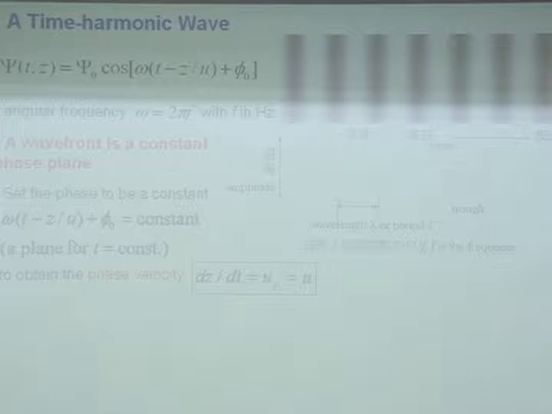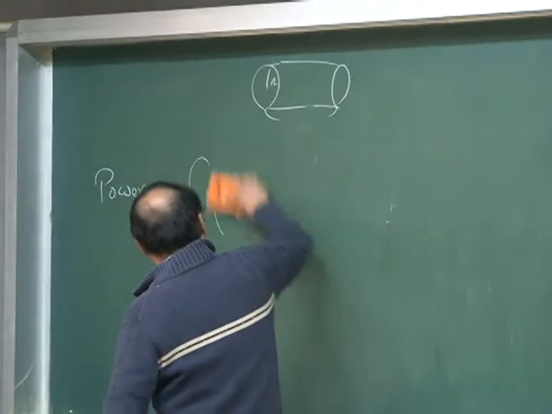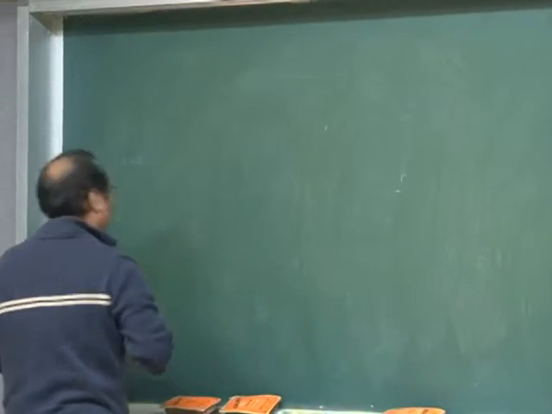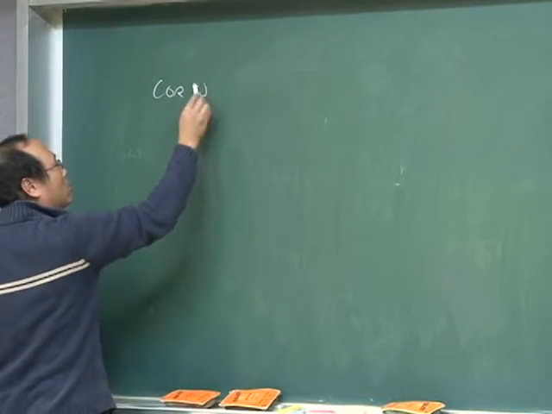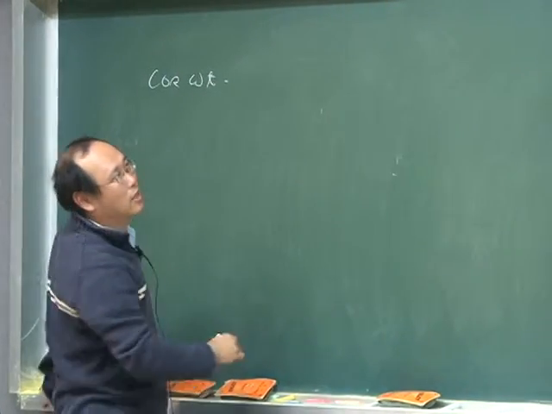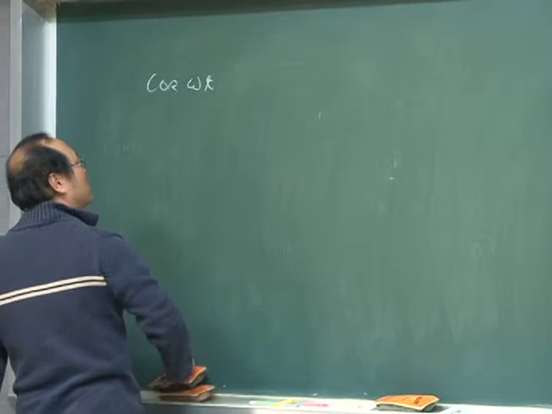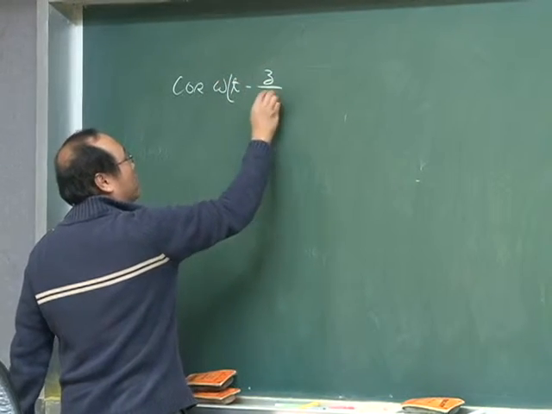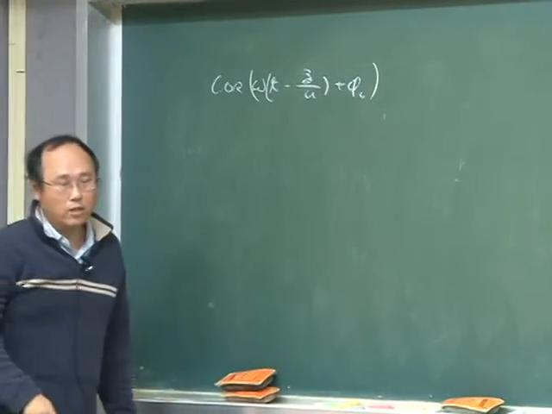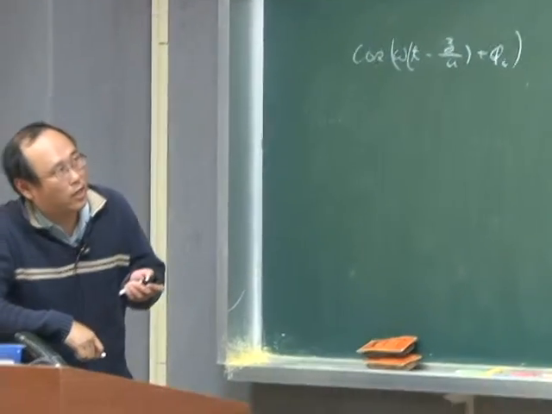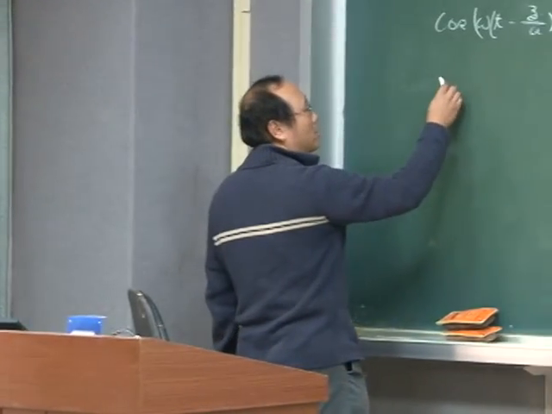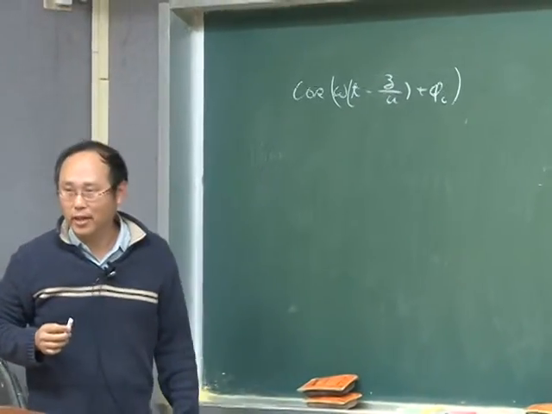But very fundamental. So let me go through this together with you. Suppose that you have cosine omega t. This is the t minus z over u, constant phase, right? Okay, so we are interested in knowing the periodicity of this wave. So if, in the time domain,